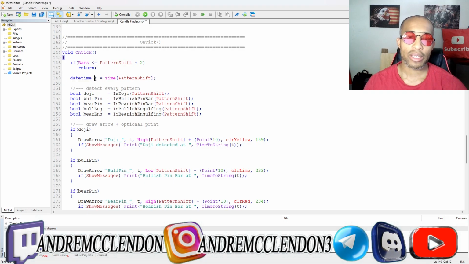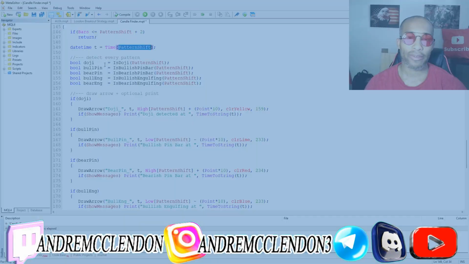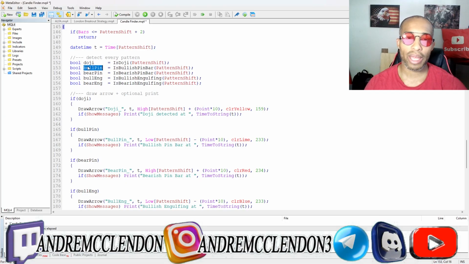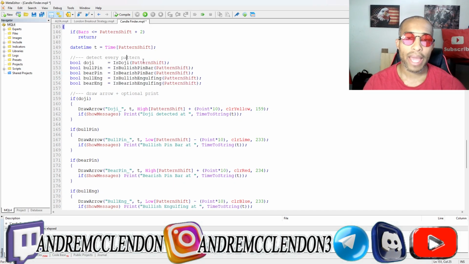Date time is going to be T. It's going to be time plus pattern shift, okay? Now, we're going to detect the Doji and every pattern after that. So we get the Doji, the bull pin, and the bear pin. And remember, these are created right within the code. Because remember, these are bull statements, so they're going to be either true, false, true, false, true, false, based on